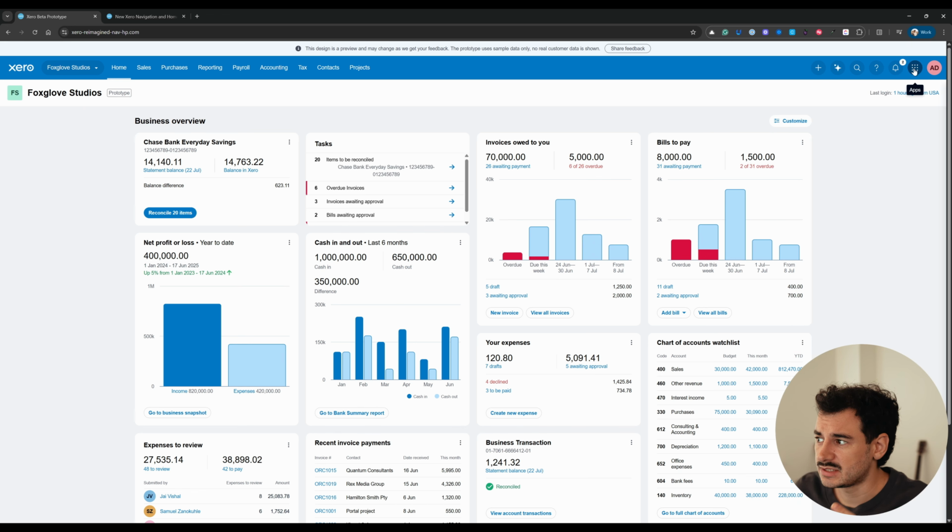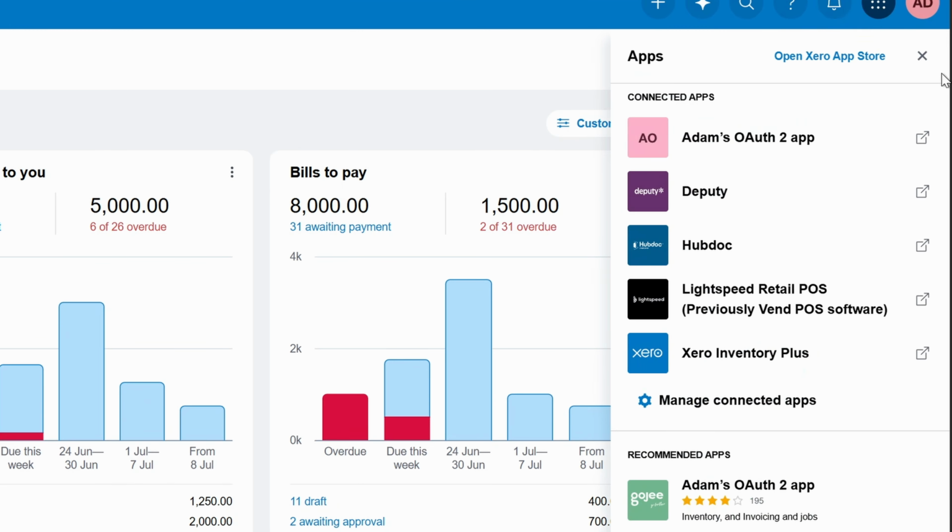And then I really like this. You've got this app drawer now, and this slides open. You can then open the Xero App Store to look at what other apps there are as well. But it does mean that if you use Deputy for your time and rota, HubDoc for your receipt capture, or Lightspeed for POS, you can literally click and it'll take you to those,